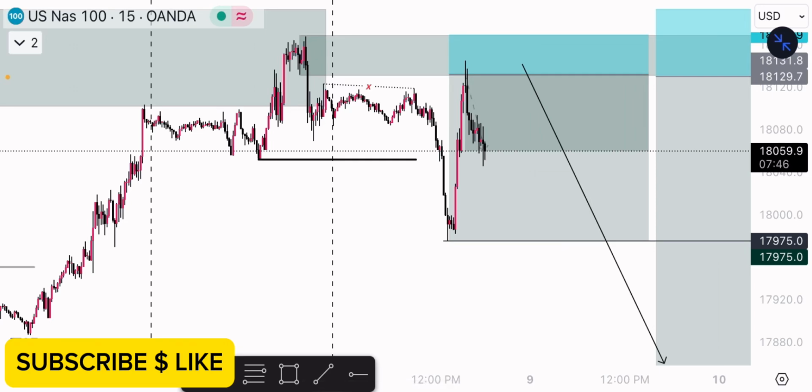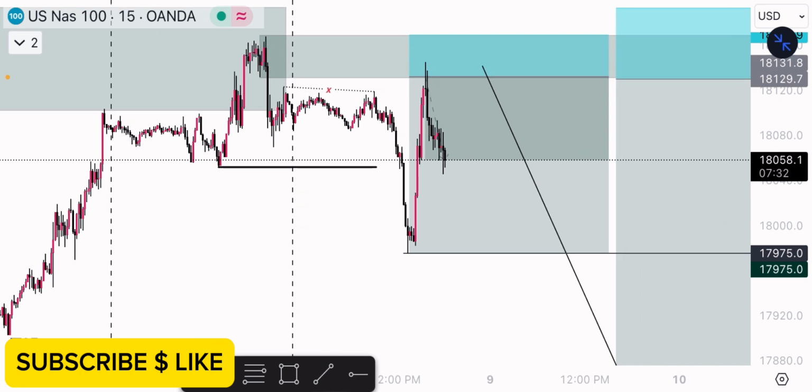So in this video I'm going to be explaining how we got this simple trade that is still running in profits now. This is a very nice sniper entry, guys. This is a very crazy sniper entry,